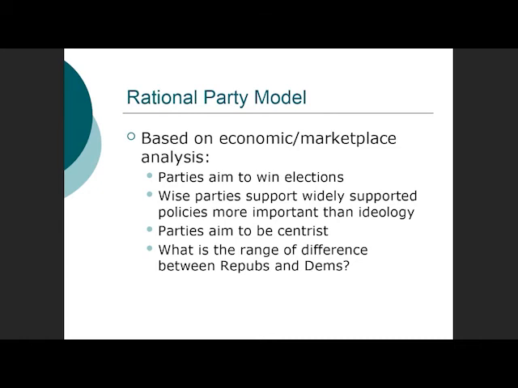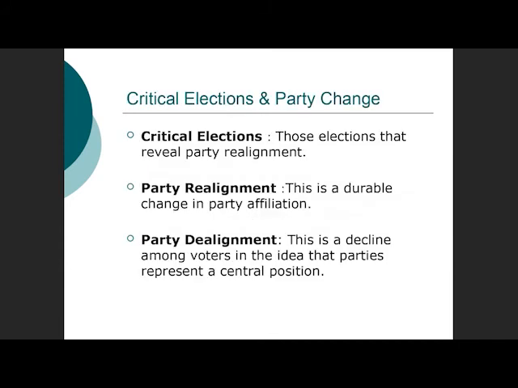So what are the chances of them winning? Not very good. But if they were more negotiable about what they stood for, how they wanted to get it done, they might be more competitive with the Democrats. Right? They'd be closer to the center. But they're not. Right? They're off to the left-hand spectrum. And the rational party model says if you're not close to the center, appealing to the majorities, your chances of getting in office are very, very slim. And that's true. So that's the rational party model.